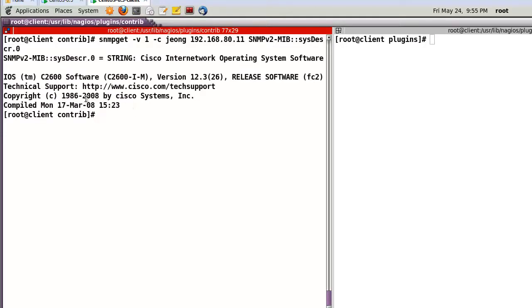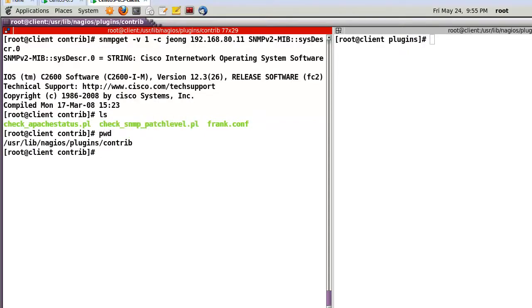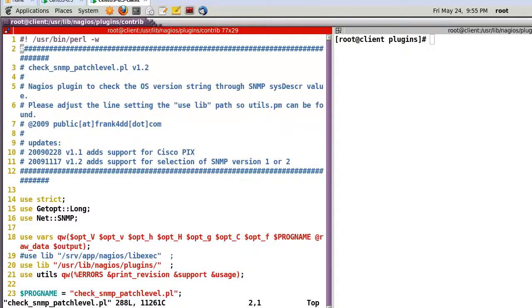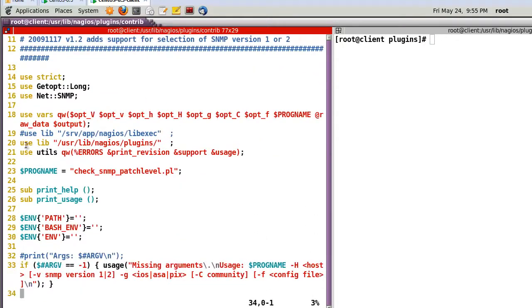So now the Cisco router is sending the data using the SNMP protocols. Then you have to download this plugin. In my case, now I download and move here, check SNMP patch level protocol, and open, and please check line number 20 like this. Library path, in my case, /usr/lib/nagios/plugins. Okay, and after that,